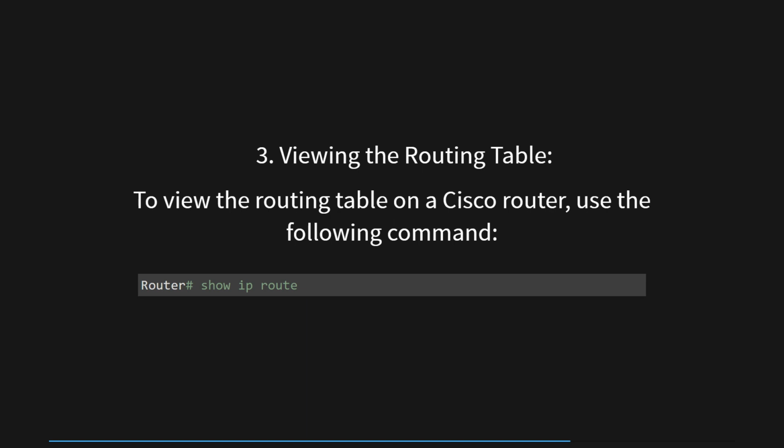It will also show the corresponding next hops, representing the IP addresses of the next routers on the path to reach those destination networks. Additionally, the output will list the specific interfaces through which the packets should be sent to reach the next hops. Alongside this information, the routing table will display metrics, which are measures of the path's cost or desirability. This allows network administrators to assess the efficiency and reliability of the routes configured on the router, assisting in troubleshooting and optimizing data transmission across the network.